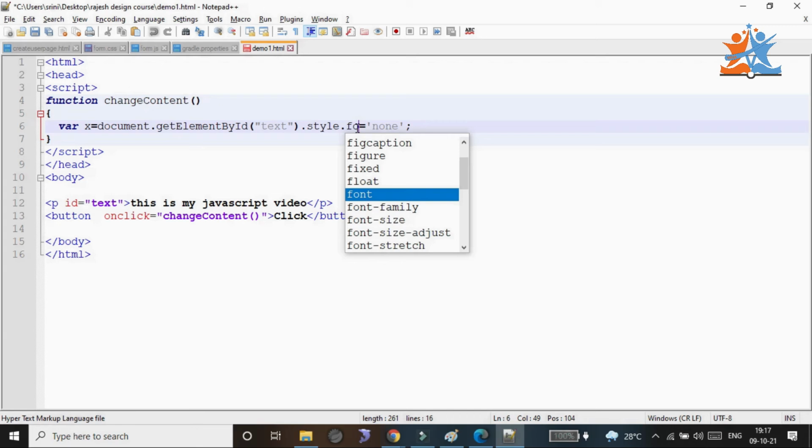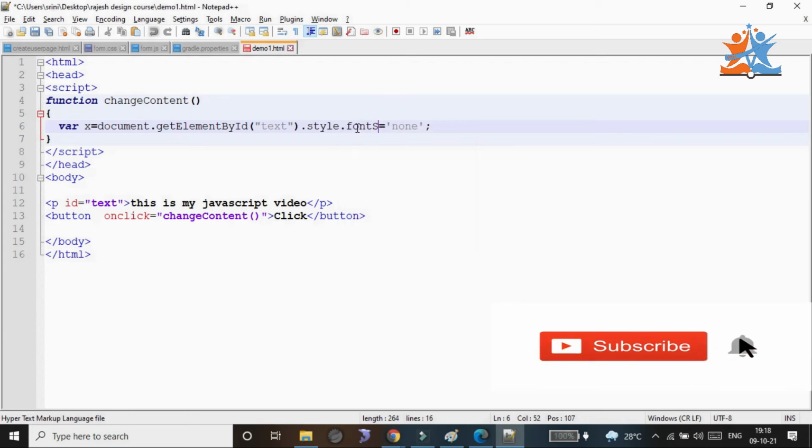But now we are doing what? HTML, inside JavaScript we are applying CSS. So that element style dot font size. We have a font size. For font size we need to mention how much size you require. For example, I require 48 pixel. 48 pixel size I need. If you do the refresh and click this, you can get the change of the text size. You can change the text size.